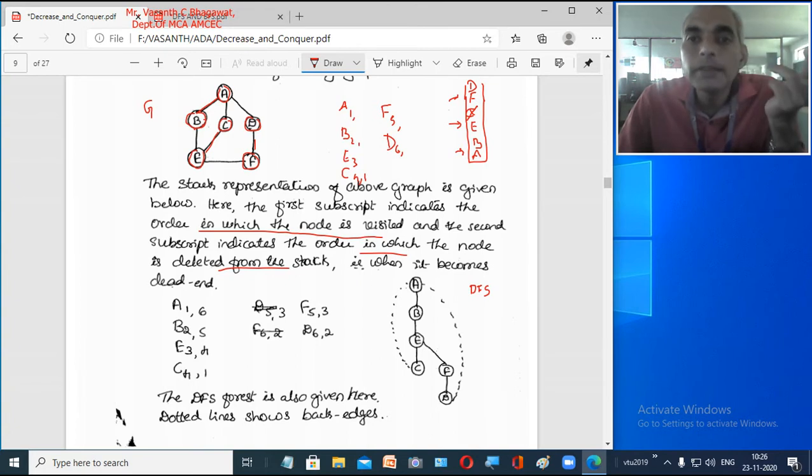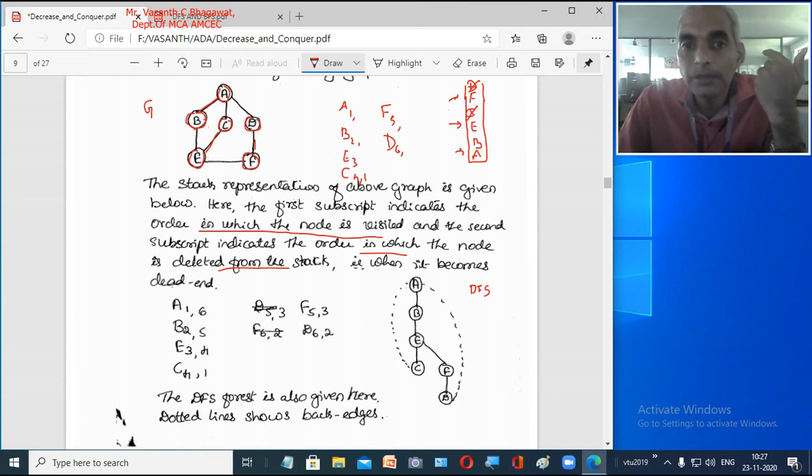Now again the same procedure is applied. Now we keep on applying this until the stack becomes empty. So from D, the two child nodes or two adjacent nodes are A and F. But if you observe, A is already visited, F is already visited, right? Both are visited nodes. So now you have reached the dead end. So when you reach the dead end, what are you supposed to do? You are supposed to pop this element out of your stack.